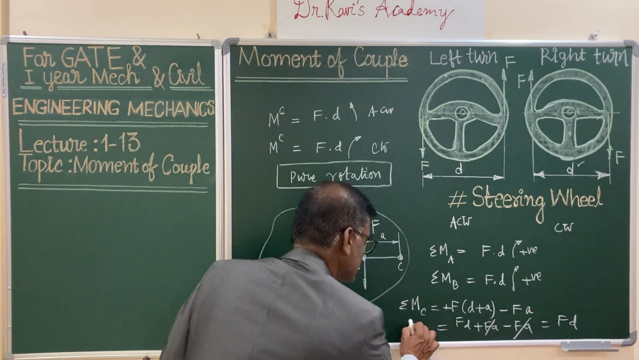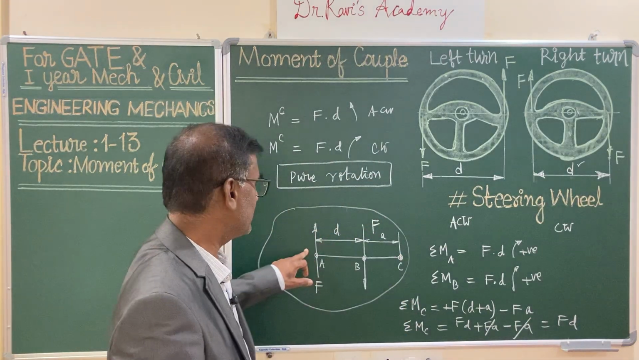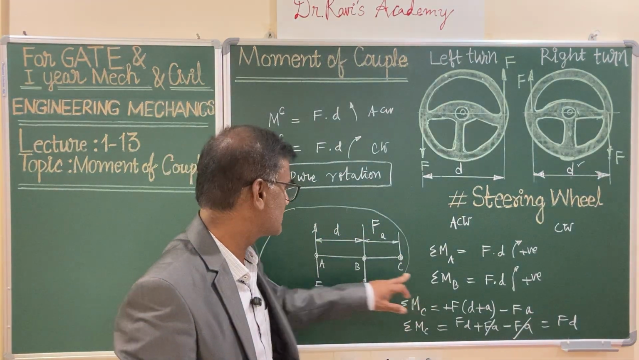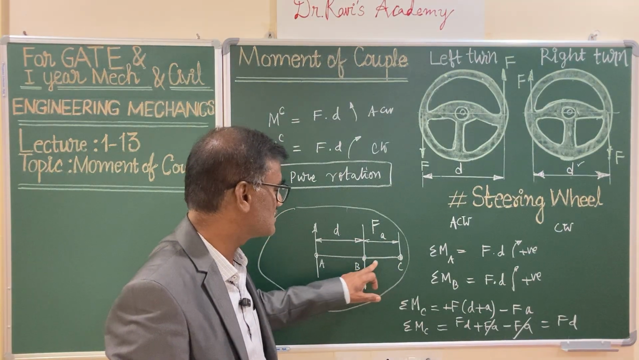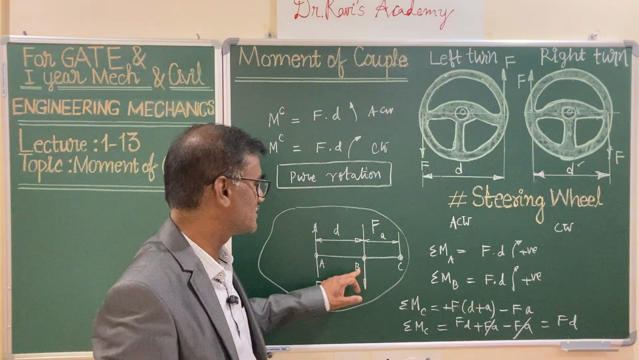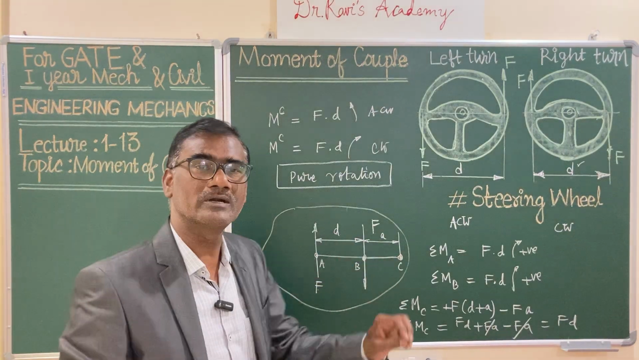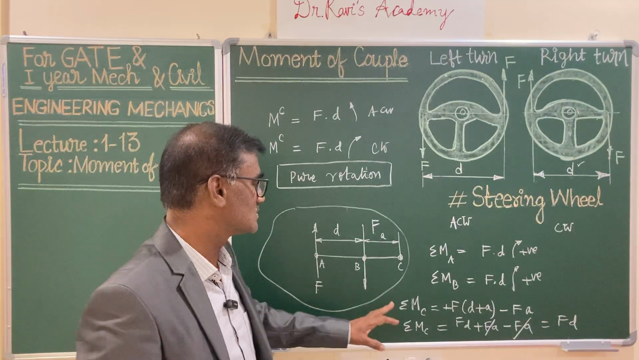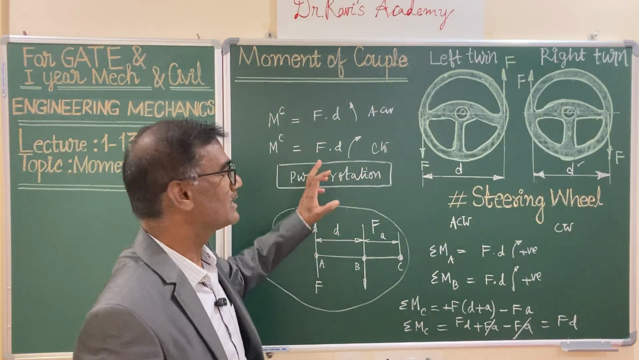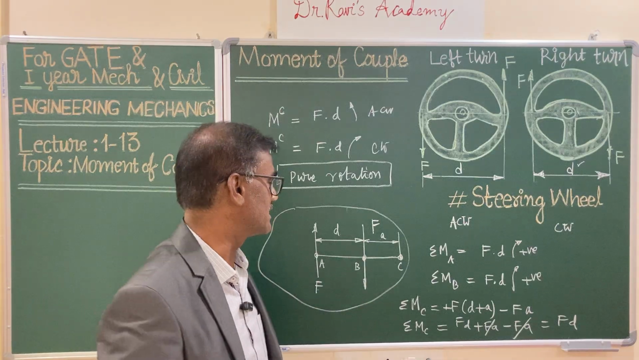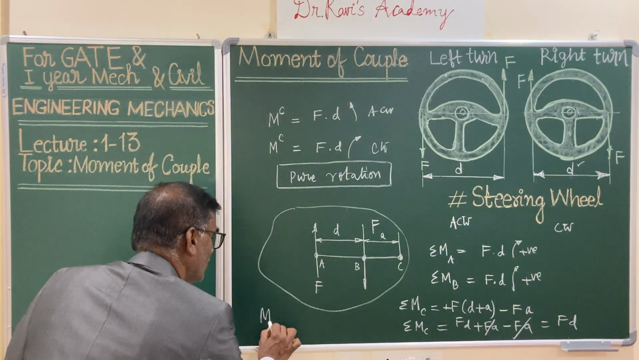In all the cases, if you take the moment about point A, or if you take the moment about point B, or if you take moment about point C, which is at a distance a from this point B, or in general, if you write moment about any point on the body, the moment will be the same. That means the moment of the couple is independent of the moment center. Your second conclusion is moment of